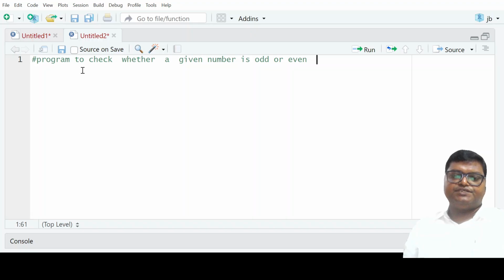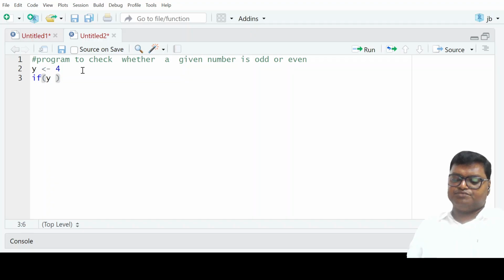You calculate the remainder when we divide by 2. If the remainder is equal to 0, then it is an even number. Otherwise, it is an odd number. So let us take some number y is 4. And what is the syntax you will write? If remainder, the remainder symbol in R is double percentage 2, if it is equal to 0, then